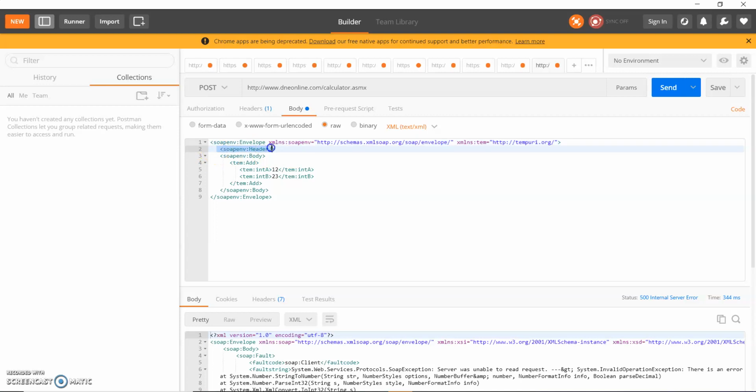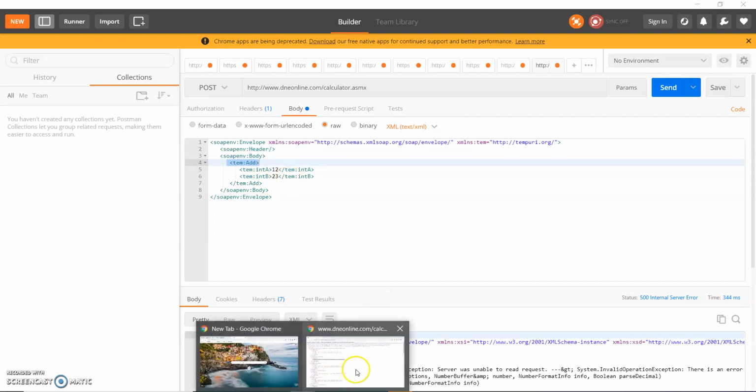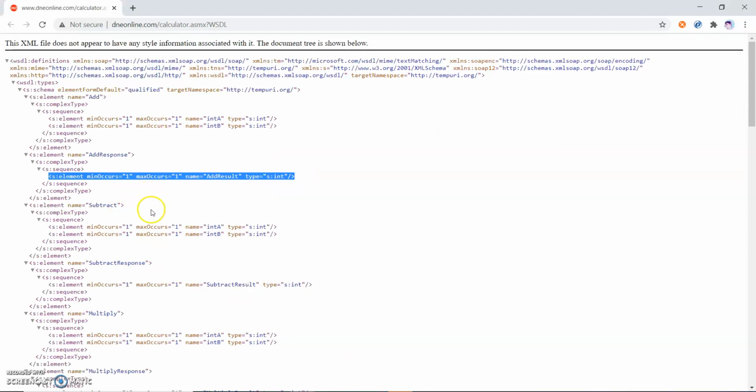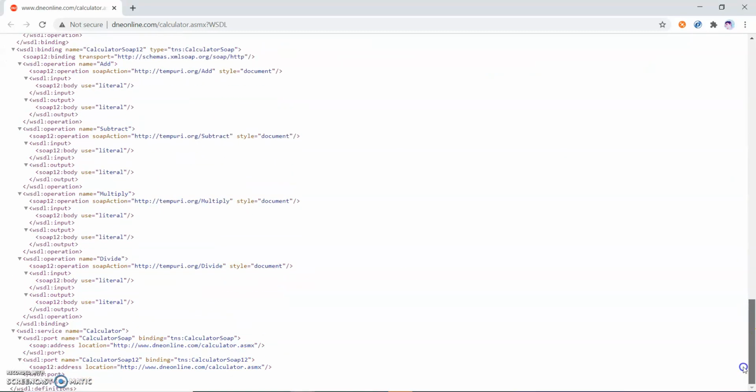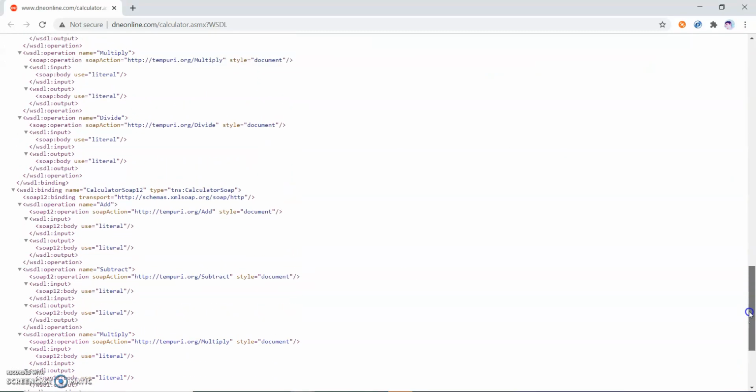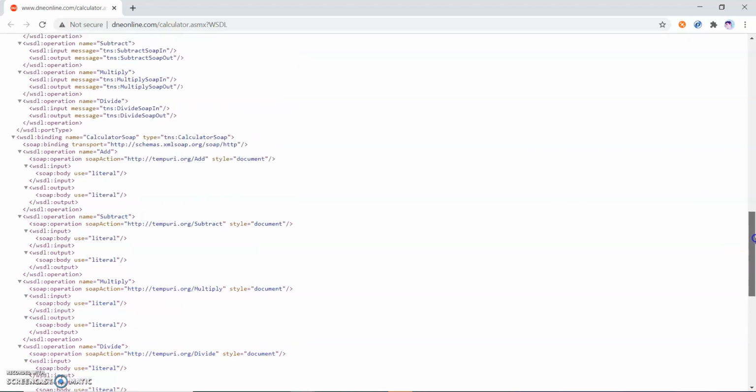After that there is a SOAP header. In this request I do not have any SOAP header, so there is a SOAP body, and for this SOAP body I am using the add method. For the WSDL we already discussed what the add method is. So you can see the operation add, right?